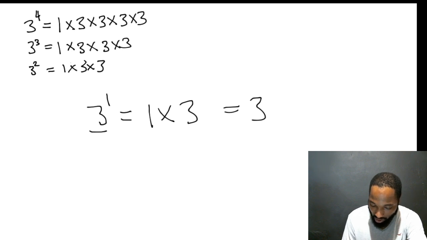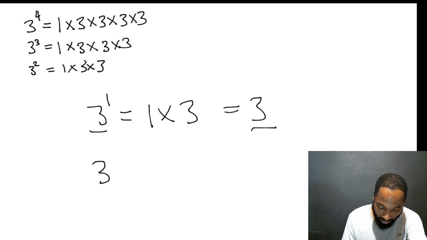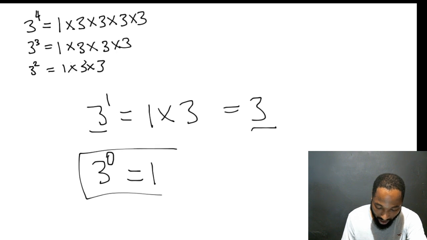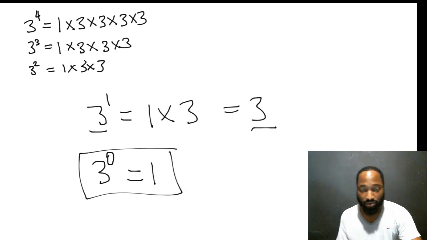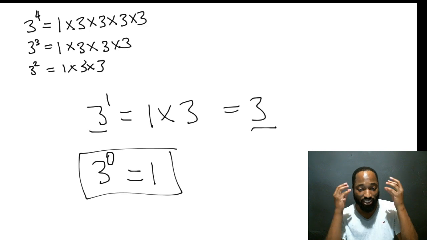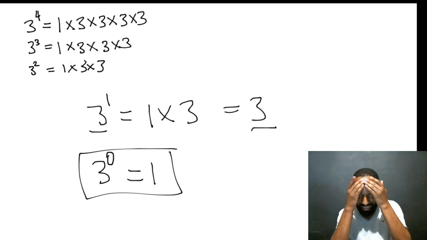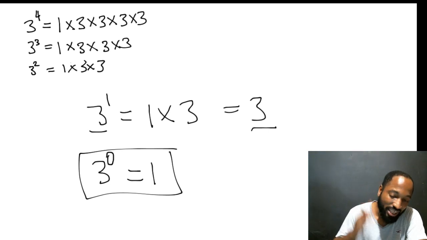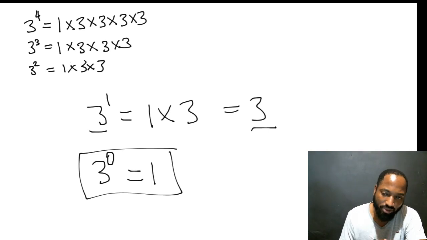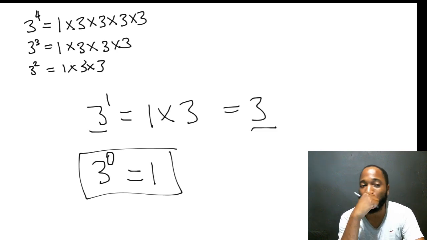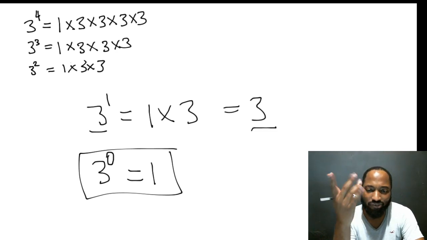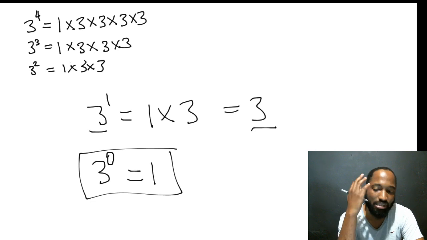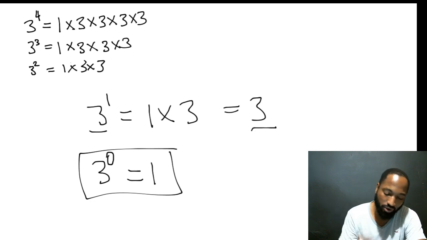So any number to the power of 1 is itself, which is the second rule. We'll come into that. But if I do 3 to the power of 0, all of a sudden I have no more 3s. So 3 to the power of 0 is 1. That's how indices work, and that's how you need to think about it. Store it in your brain like that. So any number to the power of 0 is 1. When you reach with a number and you have 0 on top, it is 1. And this shows up in a number of different ways in maths, and you just need to be comfortable with that. So let's move on.